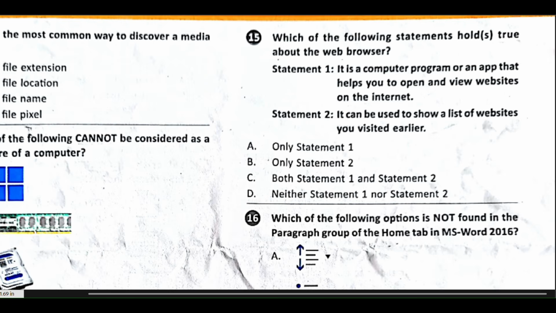It helps us to open and view websites on the internet. Statement 2 is also correct because there is a feature called history in our web browser. When we click on it, we can see all the websites we had visited earlier. So option C is the correct answer. Both statement 1 and statement 2 are true.